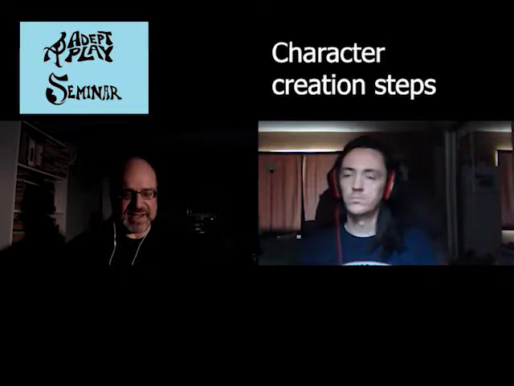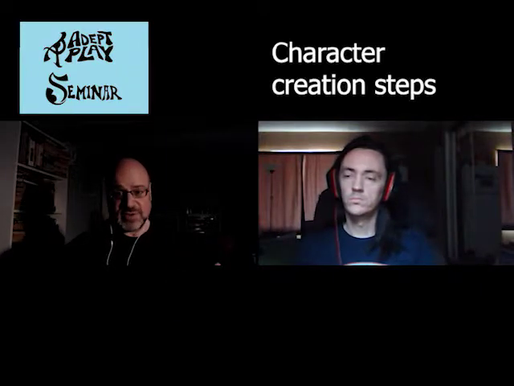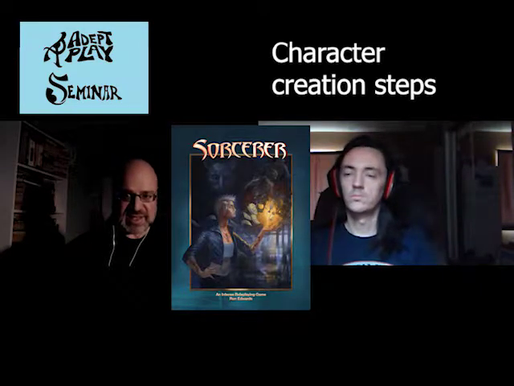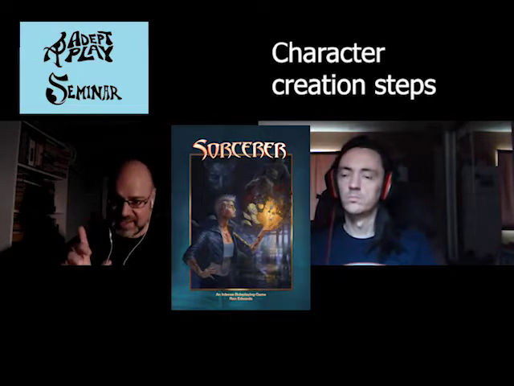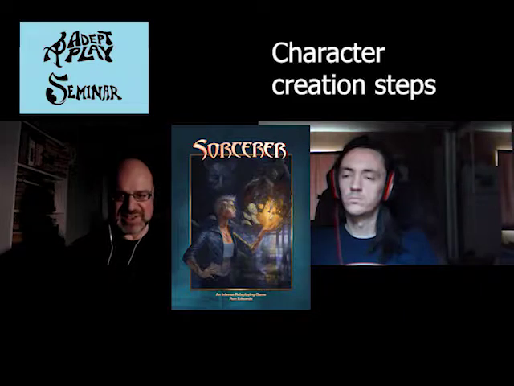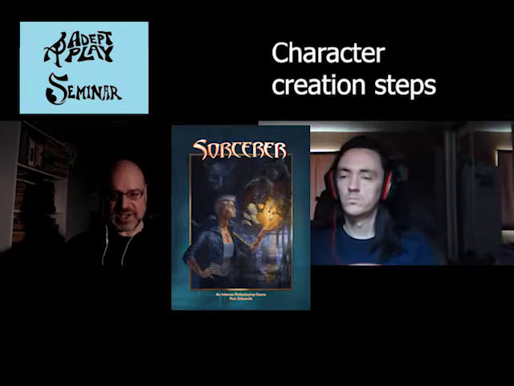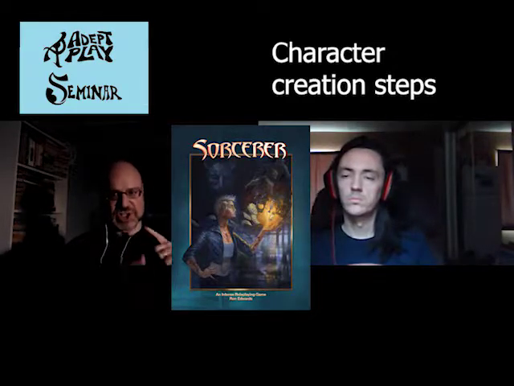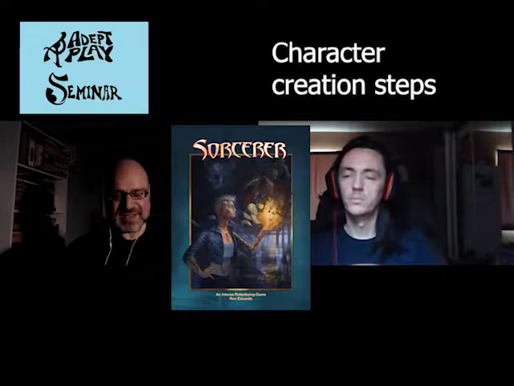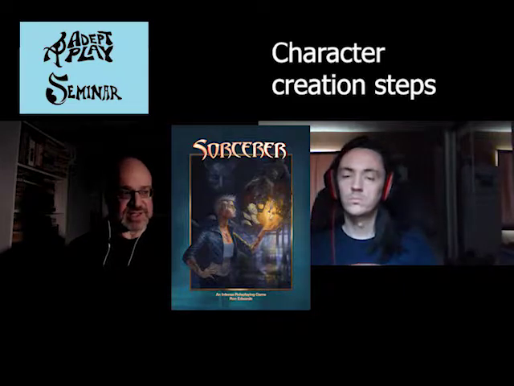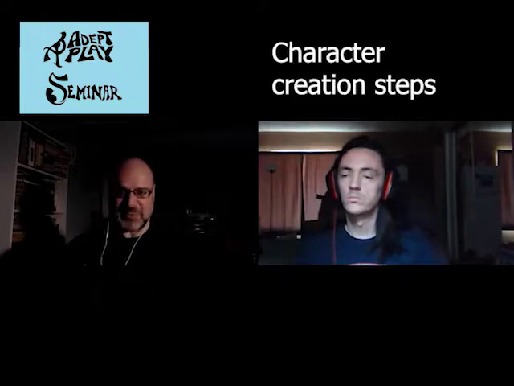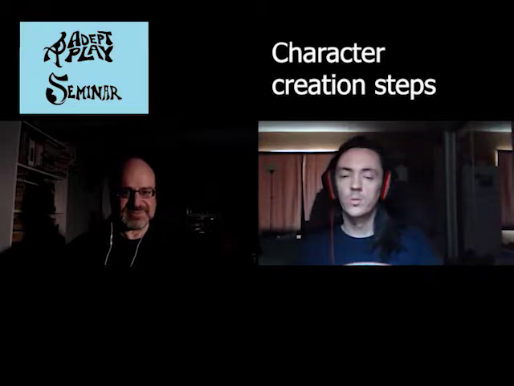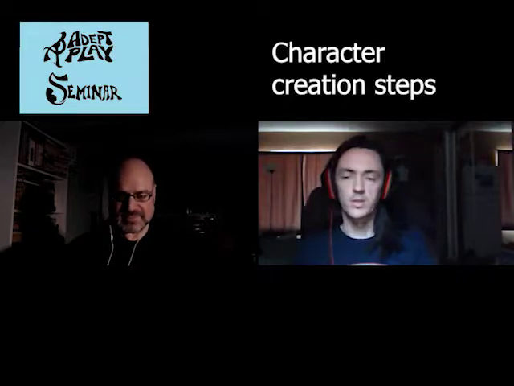That there's a procedure. Now, it's tricky if you look at Sorcerer because I specifically say of the 10 steps I list, they can be done in any order. And I maintain that's true. But you will notice that they vary greatly in the cognitive act involved. And so therefore, whatever order you put them in, you're going to get that change-up effect over and over. Right. So I think that's actually a really valuable thing to consider. It's its own, remember I keep talking about bounce, it's its own form of bounce in terms of prep. Would you say points and deciding from terms is essentially the same act and mixing those two up?